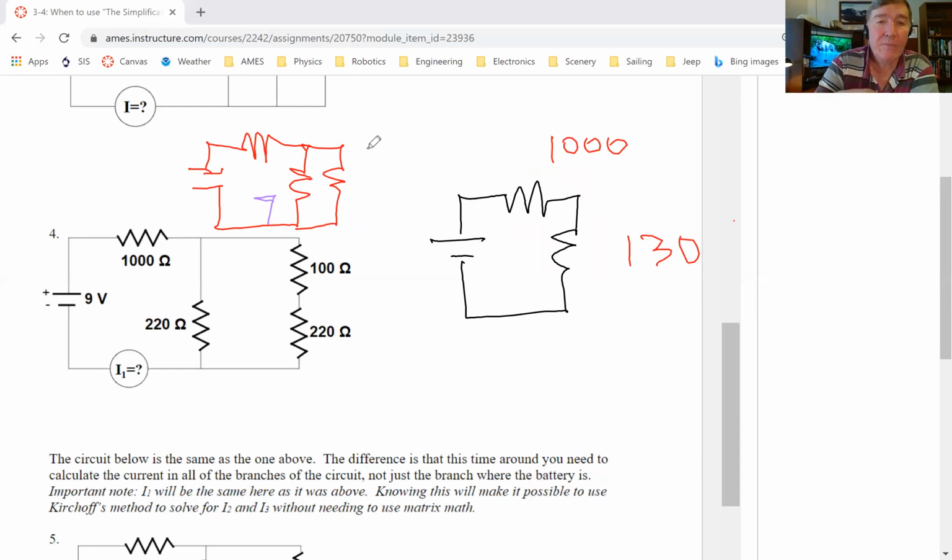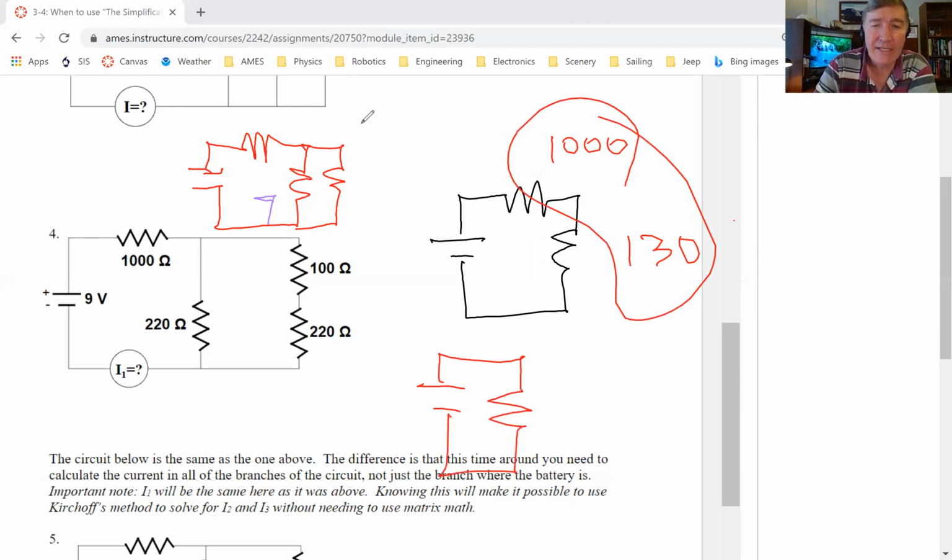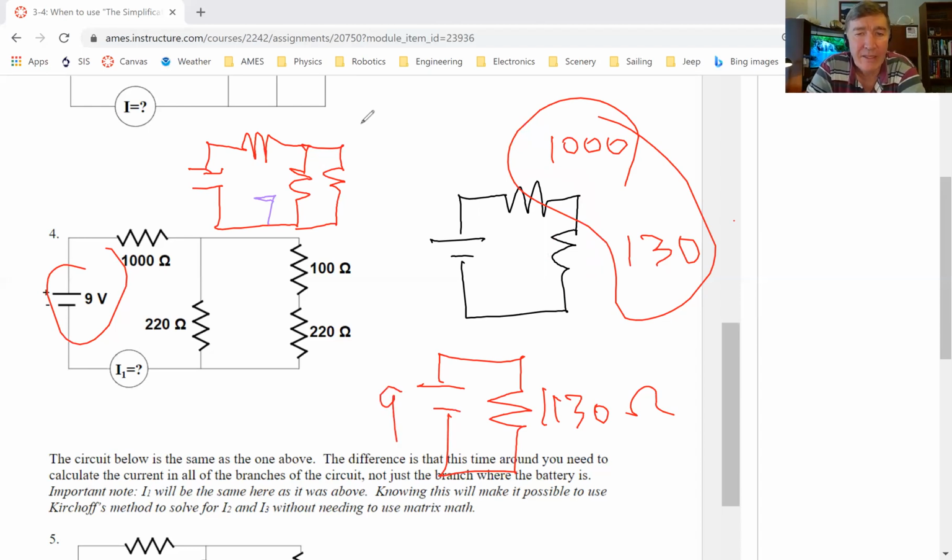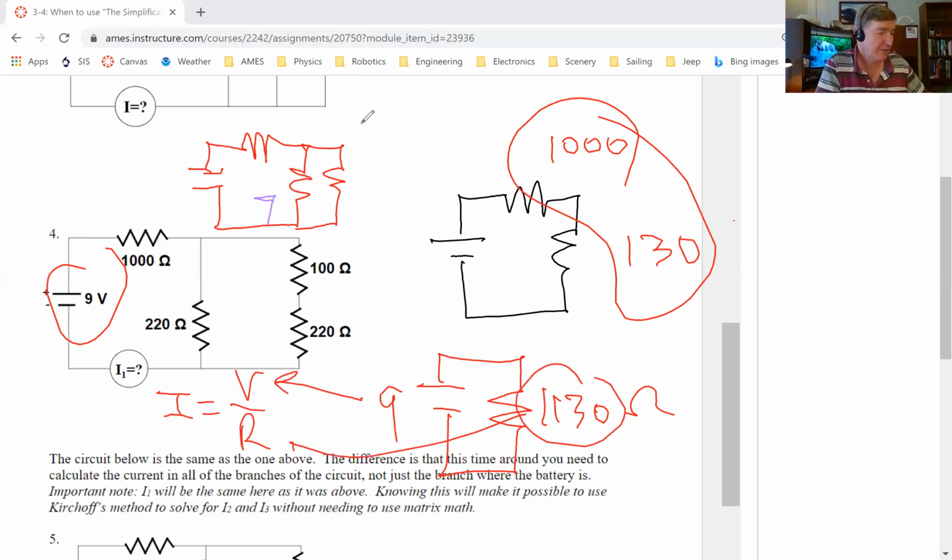Okay. All right. So our final super simplified circuit now only has 1 resistor in it. I just have to add these guys. So I get 1130 ohms and my battery is 9 volts. Okay, so now we can use Ohm's law. So we can say I equals V over R, where V is 9, R is 1130. Okay, so let's put that in our calculator. So 9 divided by 1130. Okay, so I'm getting that I is